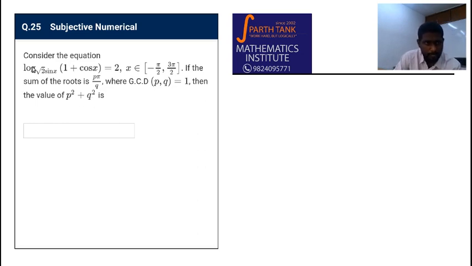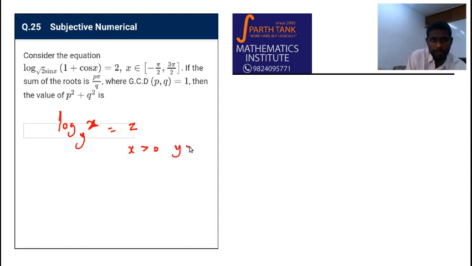Now, before even starting, what can we say about whenever you have log of x base y is equal to z? Z can be positive or negative, can be anything. But x can't be negative. X has to be always greater than 0. It can't even be equal to 0, because that would give minus infinity. And y has to be greater than 0. Y cannot be 1, because 1 to the power anything is 1 only, right? So it cannot be 1.